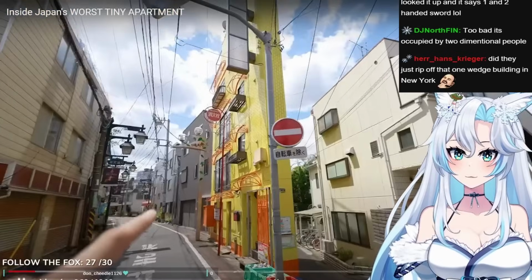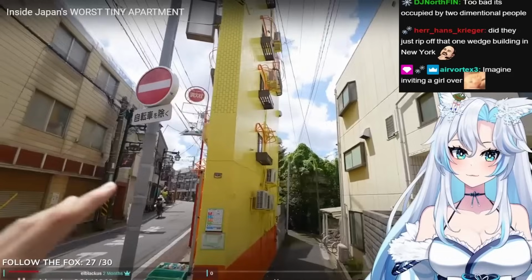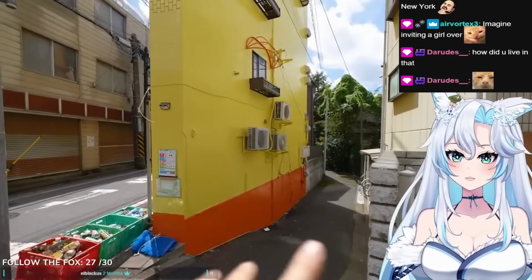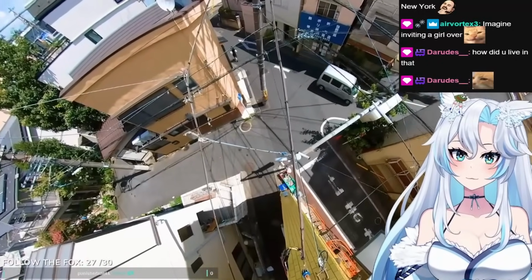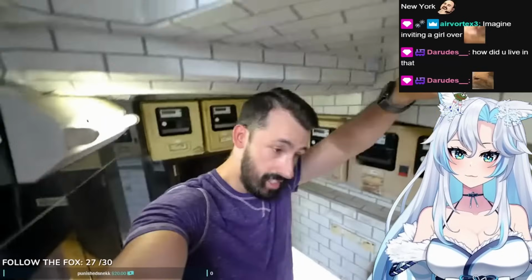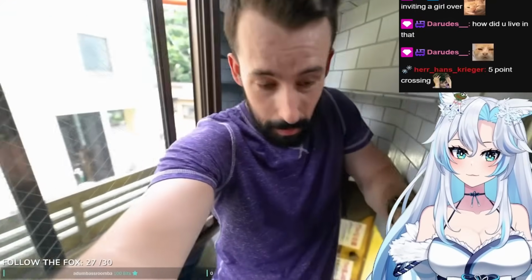Let's head inside and take a peek because it's not just a triangle from the outside, and it has a handful of small problems aside from the shape that make it a massive challenge. Dude, there's New York apartments that are bigger than this. This is insane. The area is beautiful, by the way. It's at this 5-point crossing in the Nerima area of Tokyo, but our first major challenge today is going to be this stairwell. Aside from the lack of vertical clearance and proper width to be able to get through here,